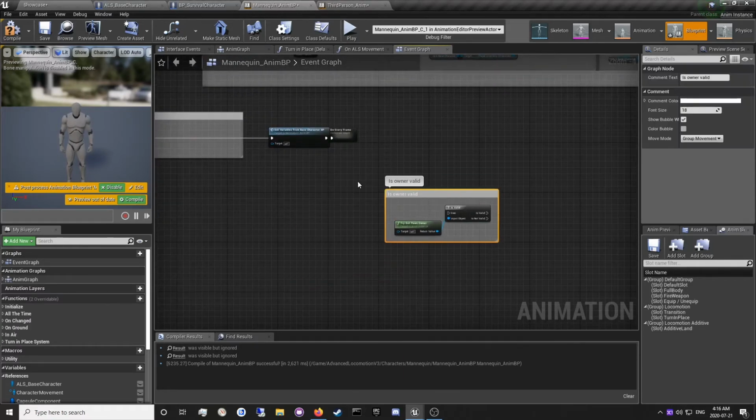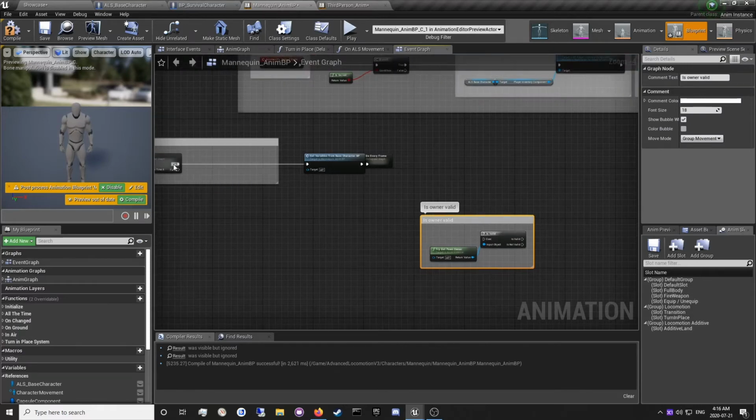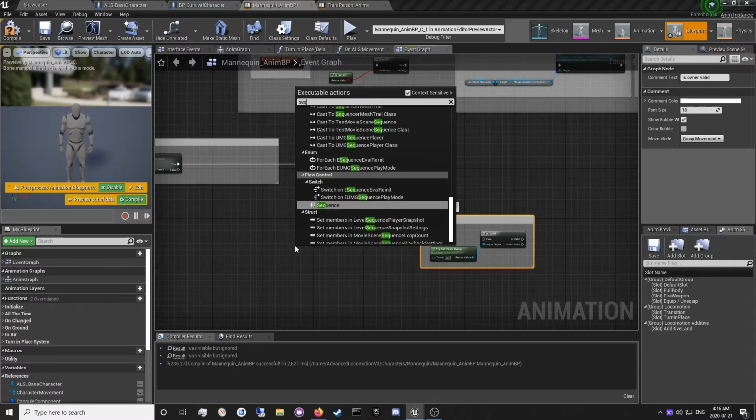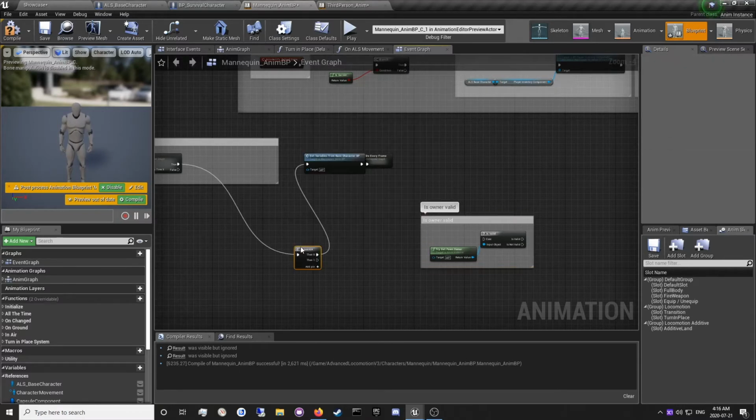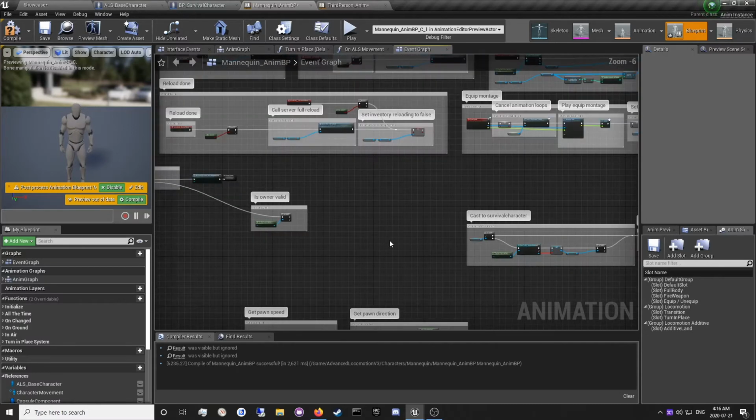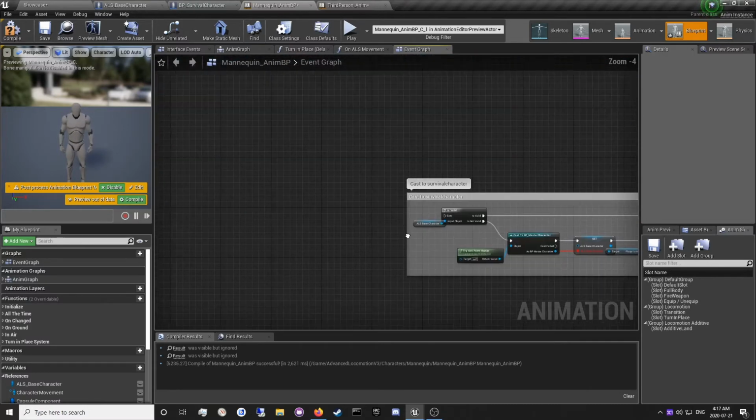So before that we set up a sequence. After this sequence right here, that runs into there, and then this runs and checks right here. And if that's valid,